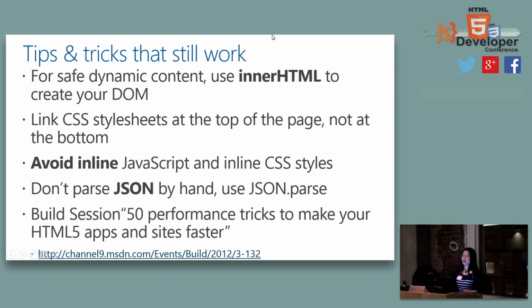Obviously, another best practice is avoid inline JavaScript and CSS, because that's what we call spaghetti code. Especially nowadays, you have pretty large scale apps. You don't want to mix everything inline. You want to separate them. JSON is always our best friend. You want to use JSON a lot, and you don't want to use it really by hand. You want to use all the nice utilities from JSON. This is really pure review. So for more of those tricks and tips, you could look into that talk. They provide you 50 performance tricks and tips for you to look into to make your apps run faster.